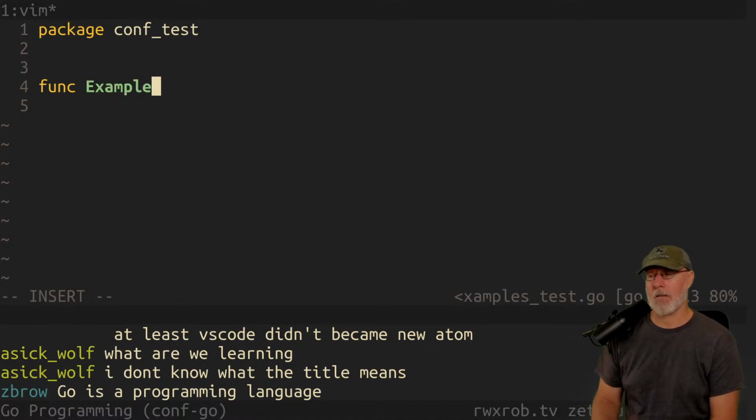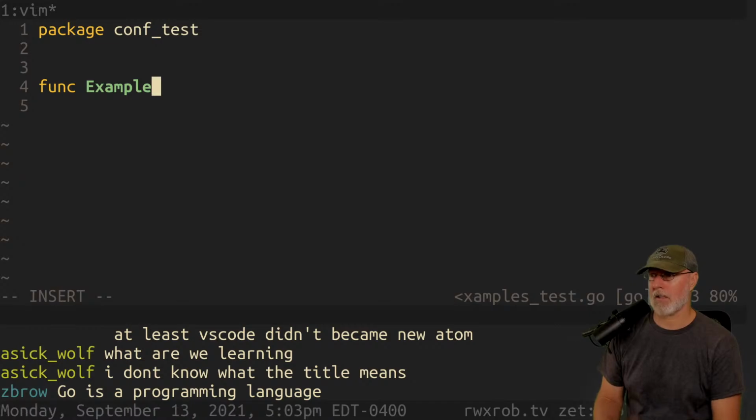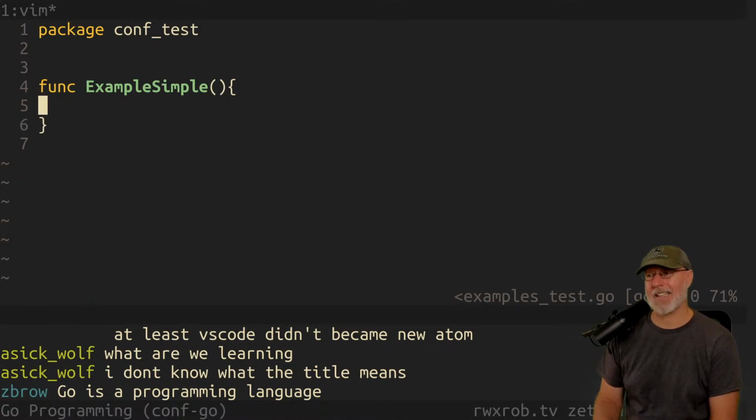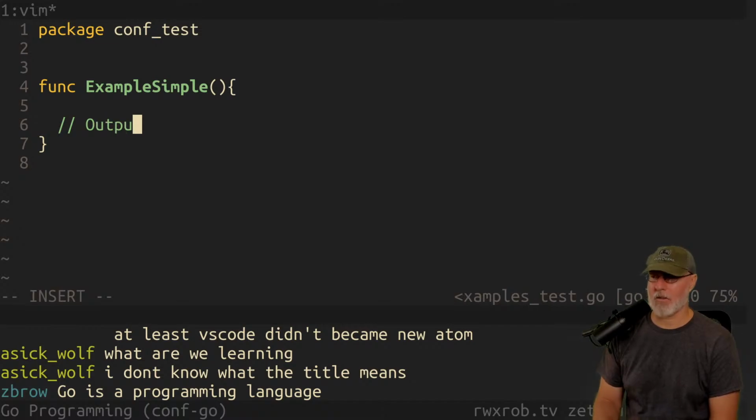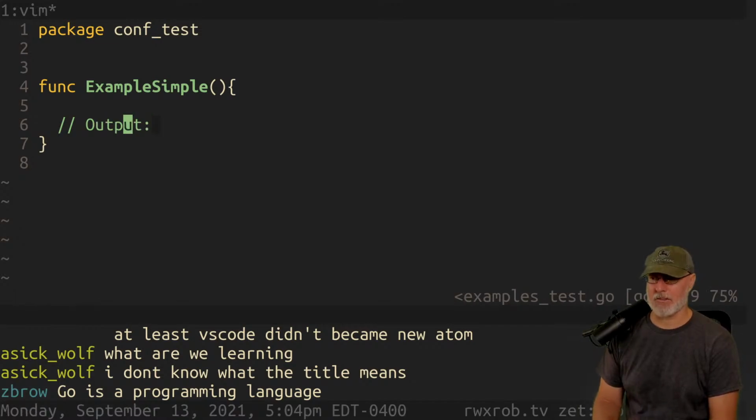So the example tests all start with the word Example. There's a bunch of conventions here. It uses reflection, if you know what that is. So func Example, and we'll just say Simple. It doesn't matter right now. And the really great thing about examples is you don't need anything else. You don't need anything in here. You write that, but an example has to have the word Output. And it's just one of the coolest things about Go. It has to be exactly that. If it's not that, the test won't pass and you'll be annoyed. So just put foo here for right now.